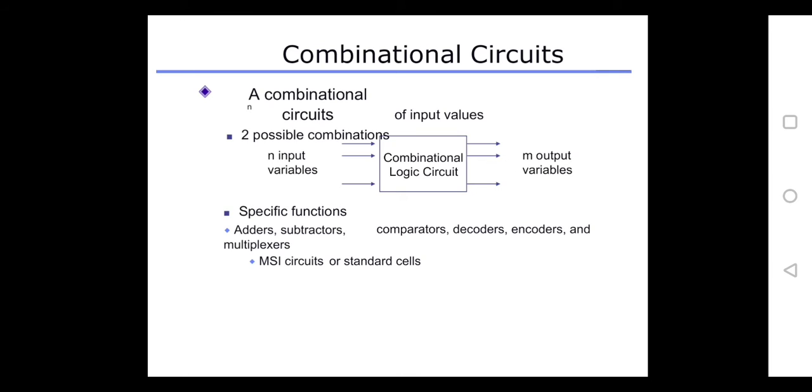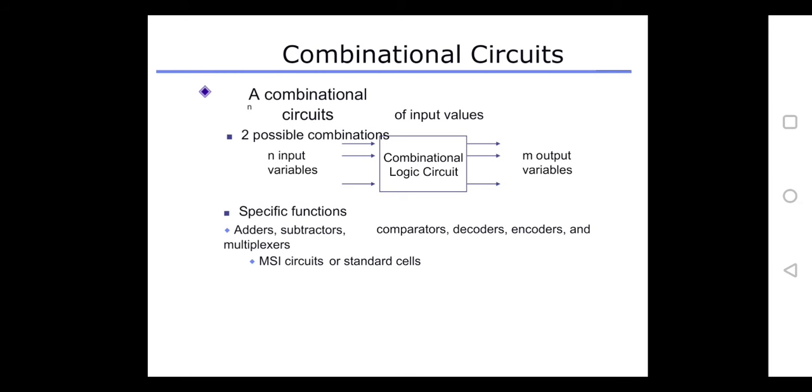These combinational circuits are used in order to perform specific functions, and all of them are available in IC form. Depending upon the type of the IC, that is, depending upon the number of logic gates in an IC, these combinational circuits may be small scale, medium scale or large scale. In case of these combinational circuits, the number of logic gates will vary from 10 to 100. So all the combinational circuits are available as medium scale integrated circuits.